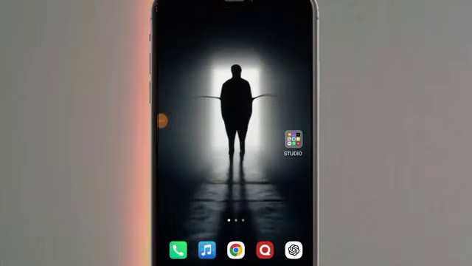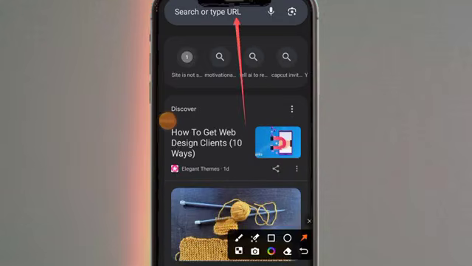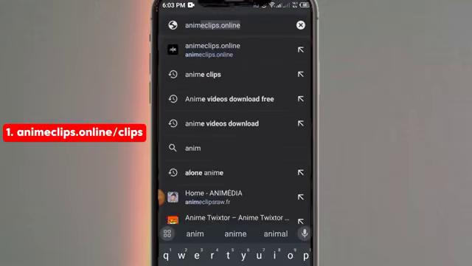So, let's get started. Rotate your mobile phone for a better experience if you're watching this video on it. I'm recording this video on my phone, but you can follow the same process on a computer. The first website is